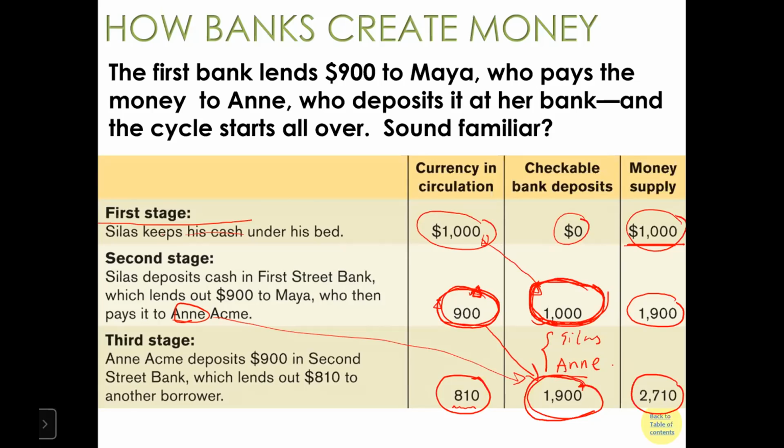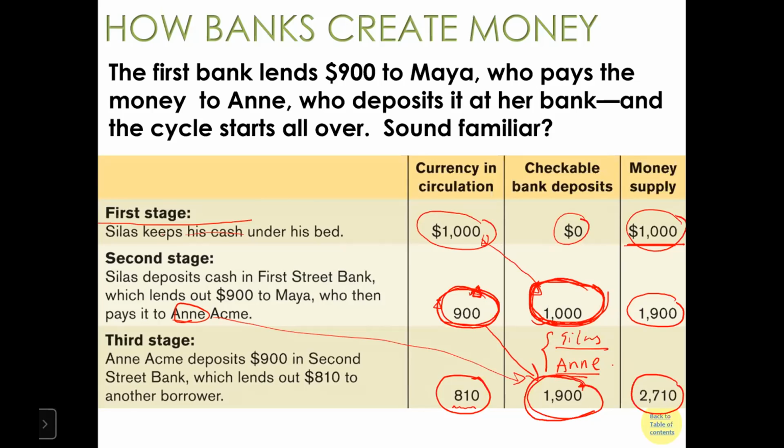And secondly, from the discussion, we can see there are potential risks that exist in the banking system. Now just look at this table. You can see Silas and Anne both have a claim on the bank. Or in other words, the bank has a liability